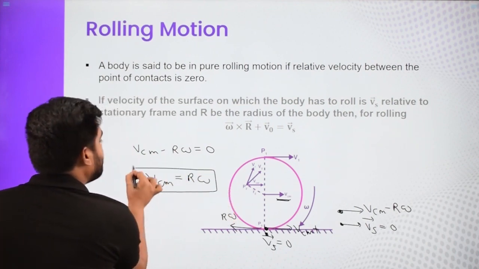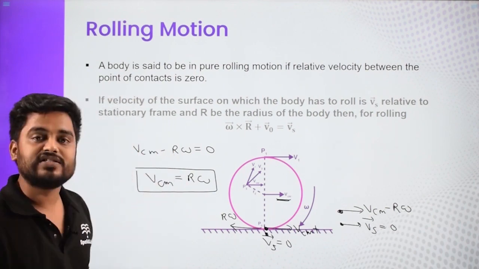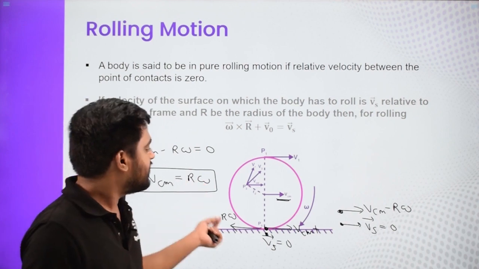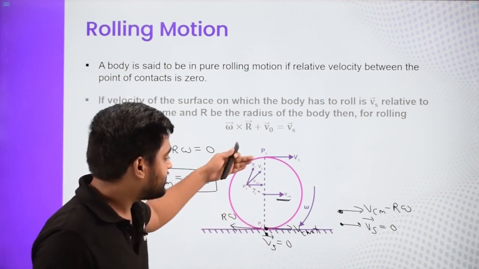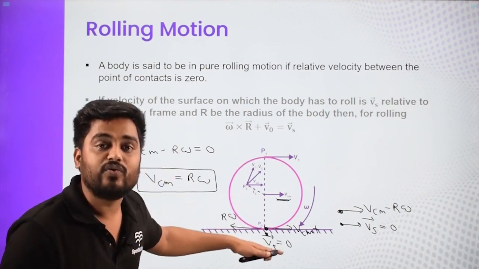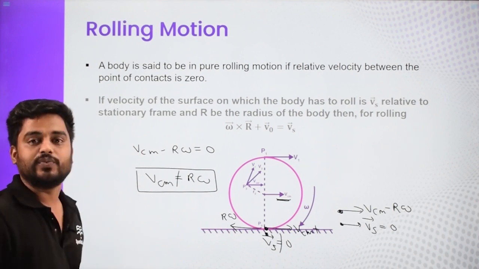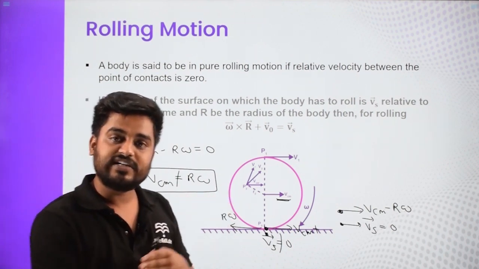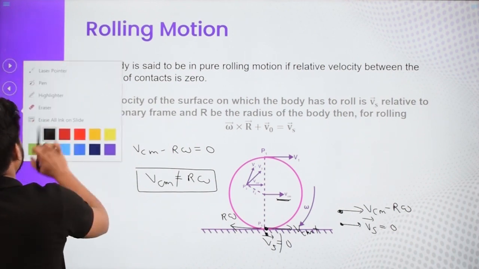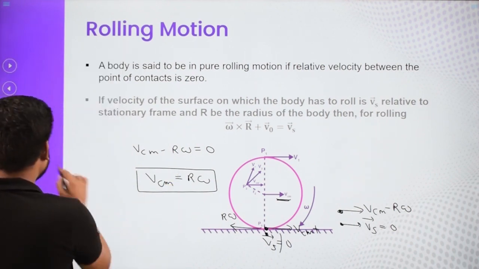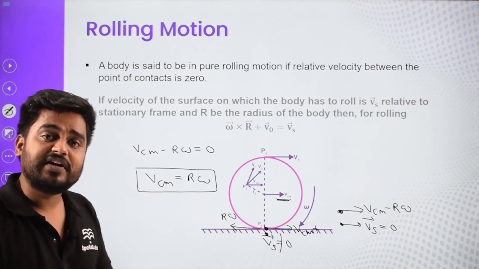And this is an important conclusion which you need to remember. If you want a relationship between the velocity of the center of mass and omega, then we can utilize this, given that the object is rolling on the ground surface. If the surface velocity is non-zero, then this is not going to be true. So this is only valid if the object is rolling on the ground, not always. And if the object is rolling on the ground, then VCM will always be equal to r omega.